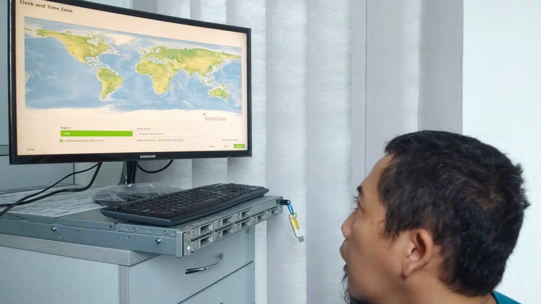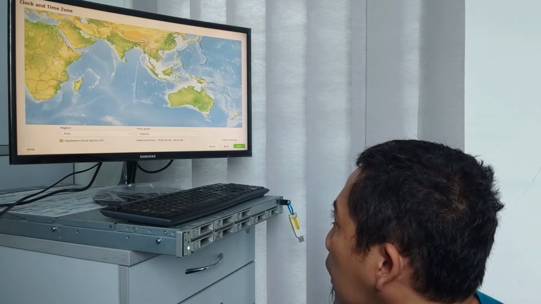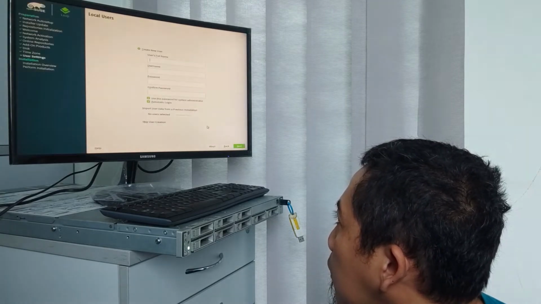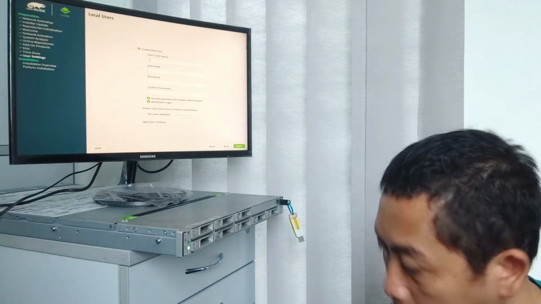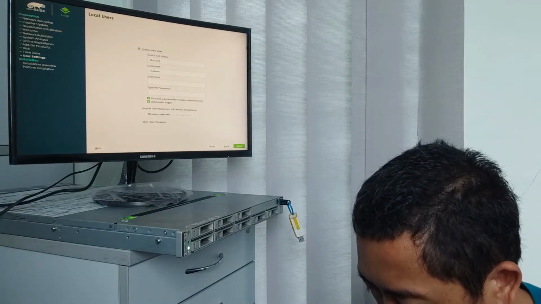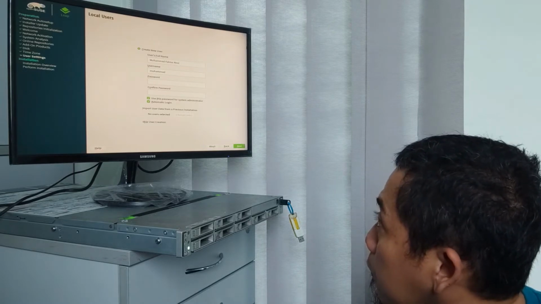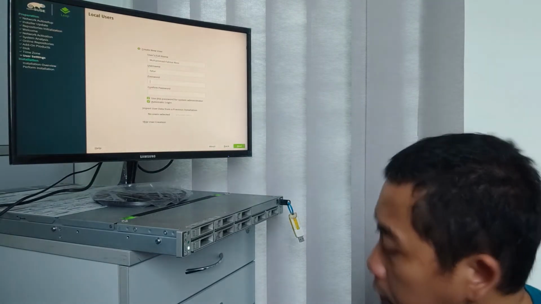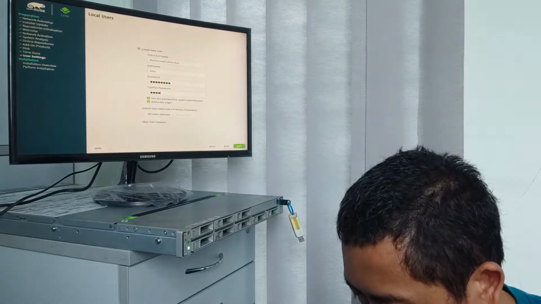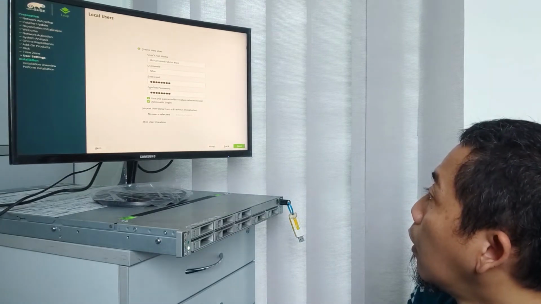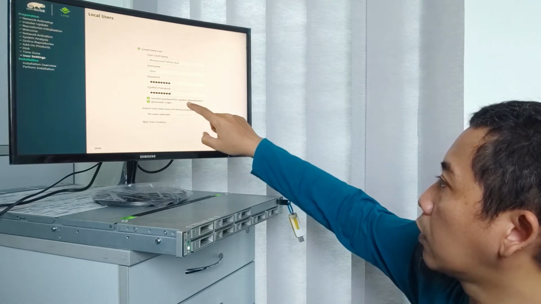I choose next. I choose the country because I live in Jakarta, so I use Jakarta. I put the name and the password here. Okay, there is an option if you want to use this password for the system administrator.